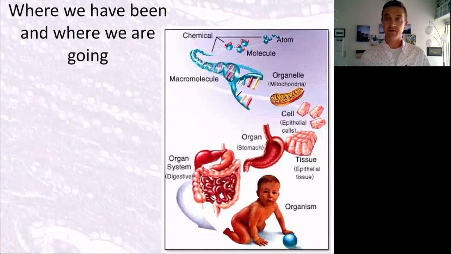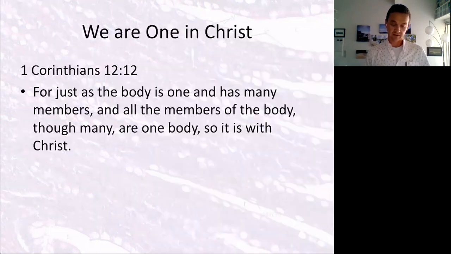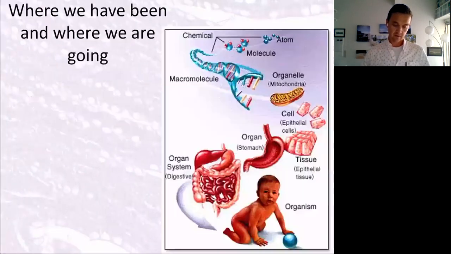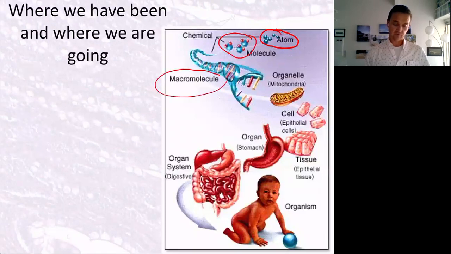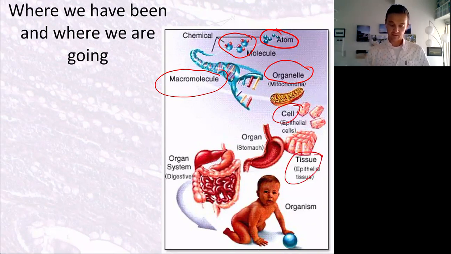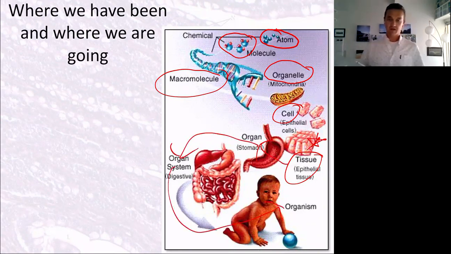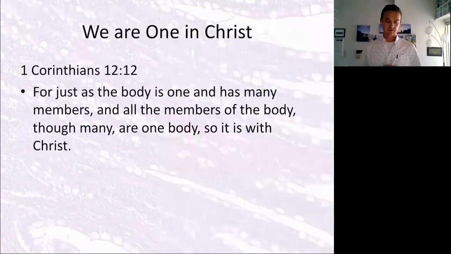This is another image similar to the one we looked at before, where we look at those different levels. We can look at anatomy from the atomic level up to the molecular level, the macromolecule level, up to the organelle level, which then moves into the cellular level, and then the tissue level, where those cells come together to make tissues. That's where we're at right now. Then eventually we move into the organ level, organ system, and finally the organism. We are right here at the tissue level, so let's get going.